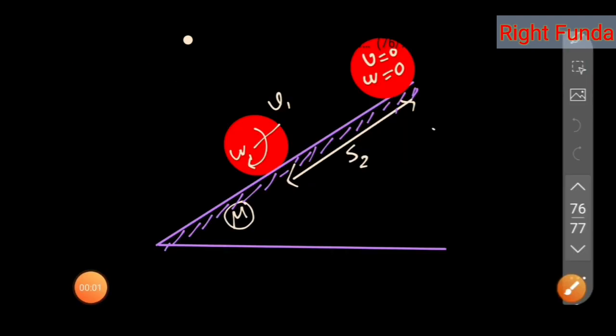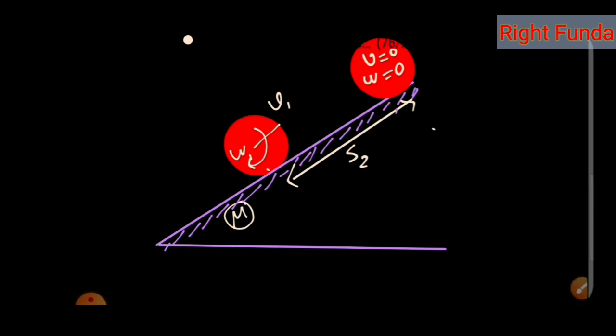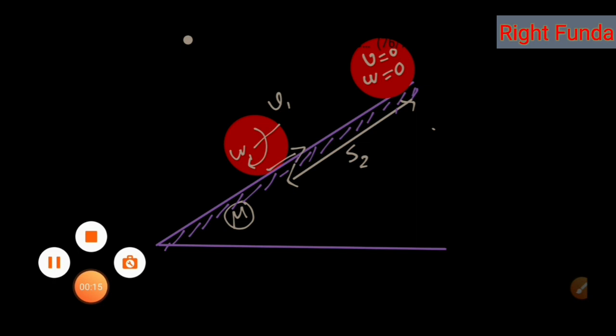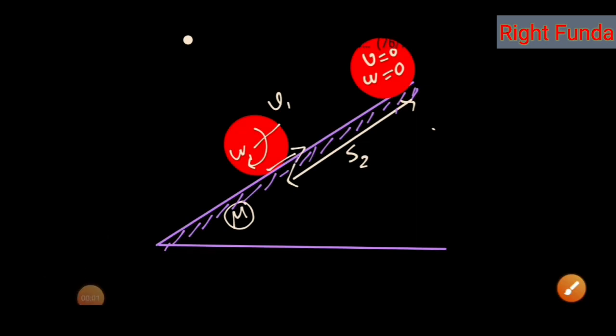To solve the second question, after that the friction force will not be kinetic; only the component of mg will be acting downward. The friction force is static friction, so pure rolling has taken place here. After that, as it goes, the friction force acting is no longer kinetic but static friction, whose value has to be calculated. But though it acts, it will not do any work because the point of contact is not sliding over the surface.